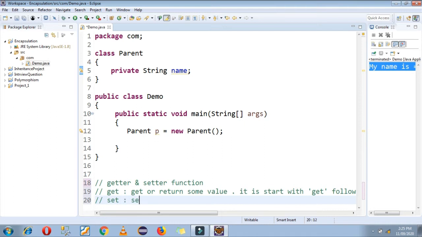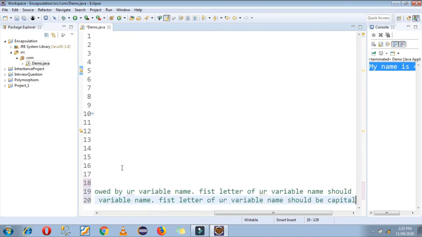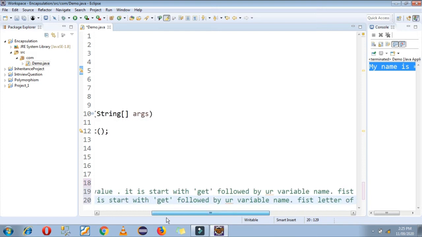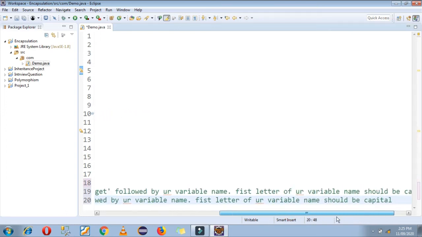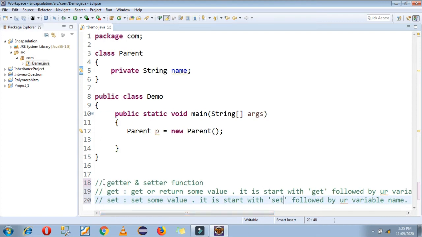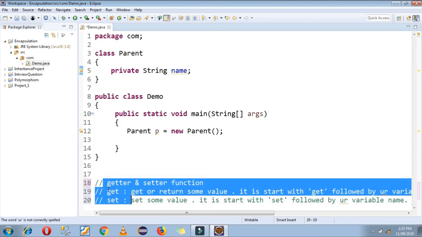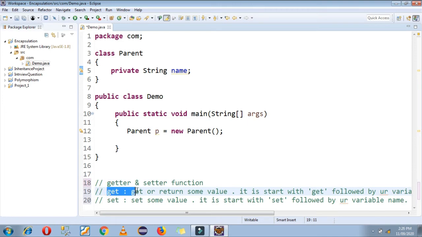So set function is used to set some value, and it also starts with the word set, which is followed by your variable name, and the first letter of your variable name should be capital. So this is the rule for setter and getter function. Get function is used for returning some value, set function is used to set some value.